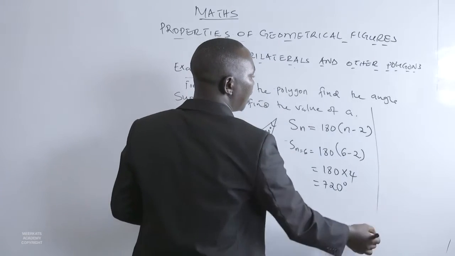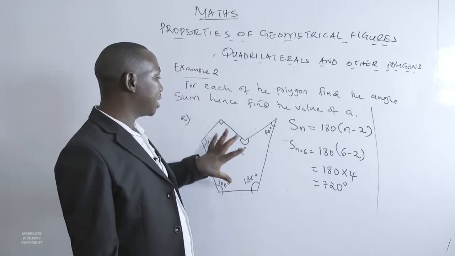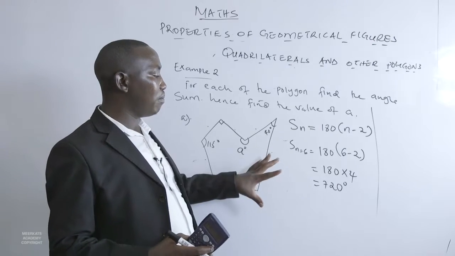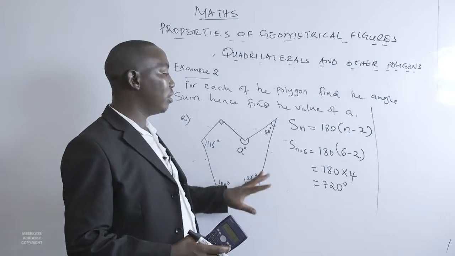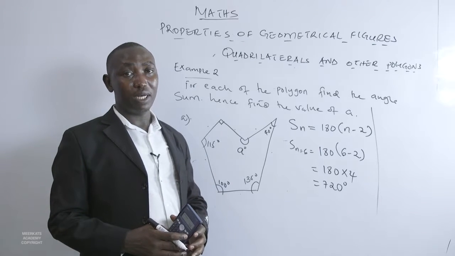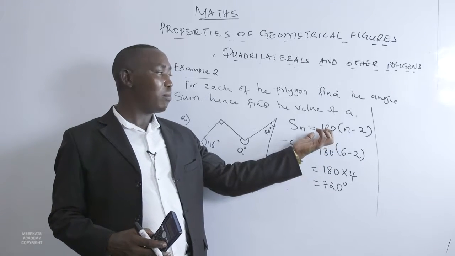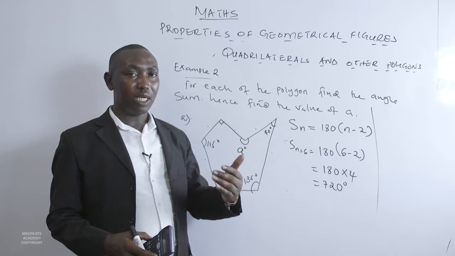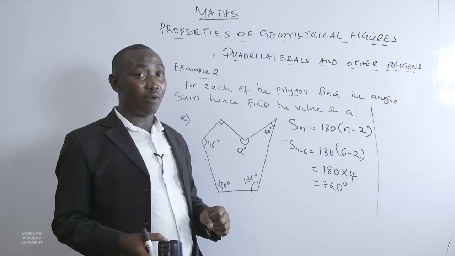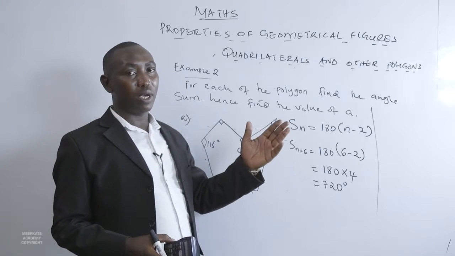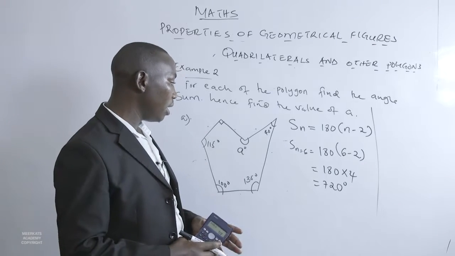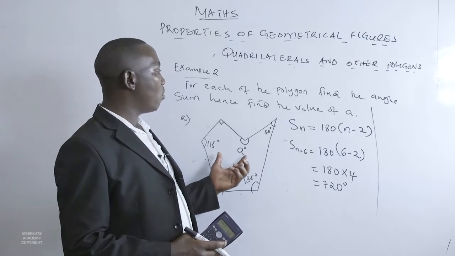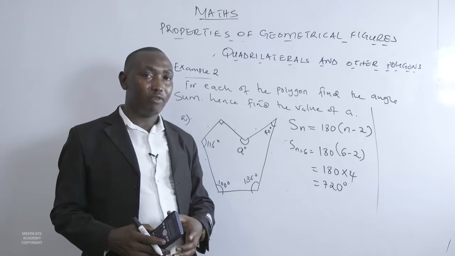So this tells us that the sum of interior angles of this particular polygon, which yes, is not regular, but if you add all these angles, you must get 720 degrees, generated by the formula 180 into n minus 2. We had also said you can use the other formula using the right angles, that is 90 into 2 and subtract 4. Now the next